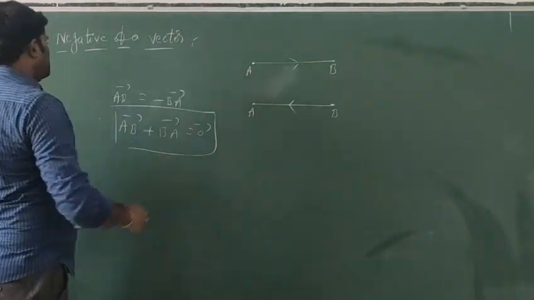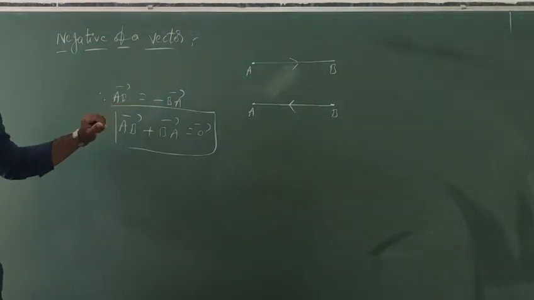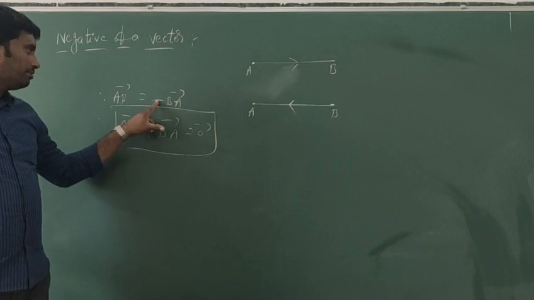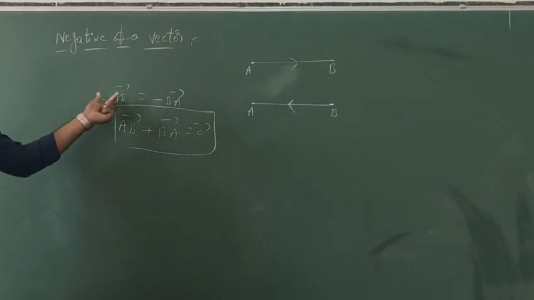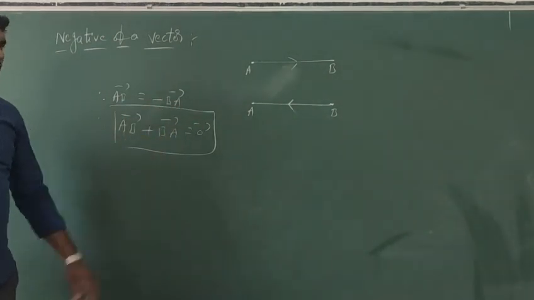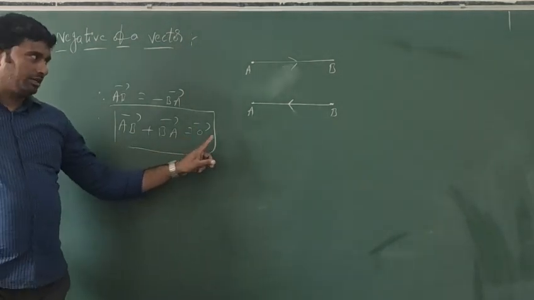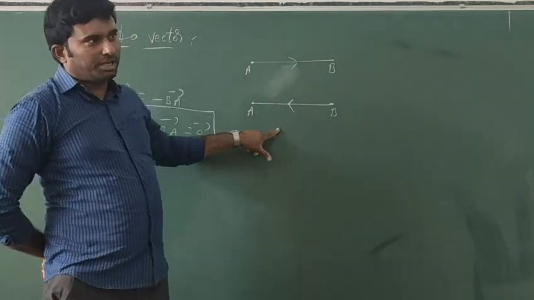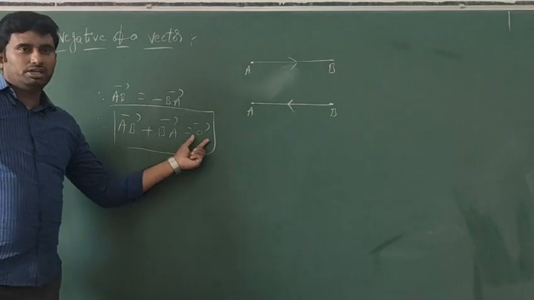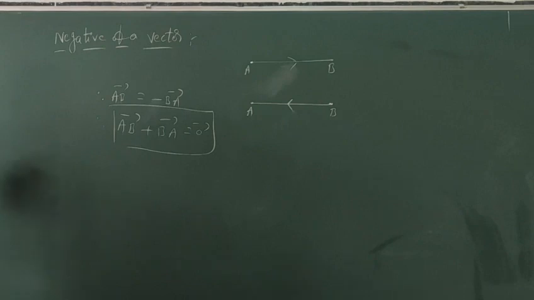On the right side of the page, you draw these two segments, and AB bar is equal to BA bar in magnitude, but here you will write minus because this minus indicates the opposite direction to the given vector. Finally, AB bar plus BA bar is equal to, don't write 0, it is O bar, the null vector. For example, if it is 5 units magnitude, this is also 5 units, but the direction is opposite, so minus 5. Finally, we get the null vector: AB bar plus BA bar is equal to O bar. Right, this is the definition of negative of a vector.